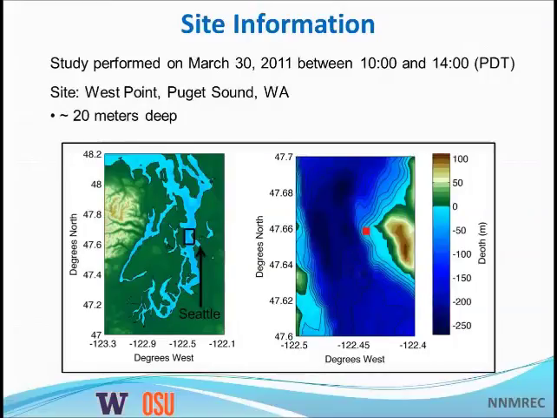To give you some actual information about the site, in the left panel here we have Puget Sound in Washington State, and I've highlighted an area near Seattle. In the right panel is that actual zoomed-in box there where we see a red square, and that's the actual deployment location of this prototype device, just off of West Point in the Seattle area. The site itself is about 20 meters deep, and Puget Sound in that area is on the order of 7 kilometers wide. Our study was performed on March 30th,